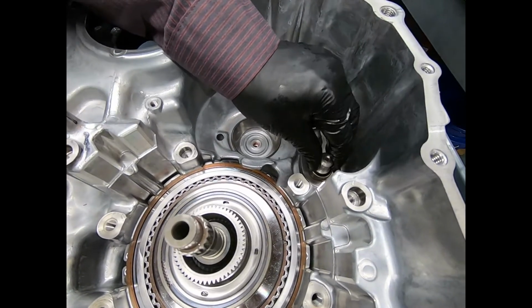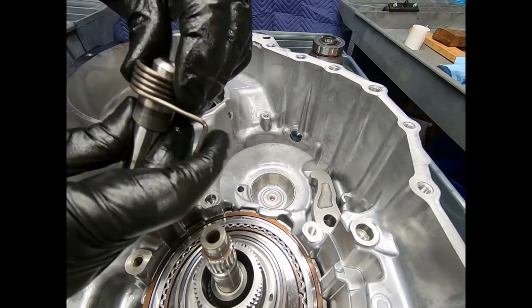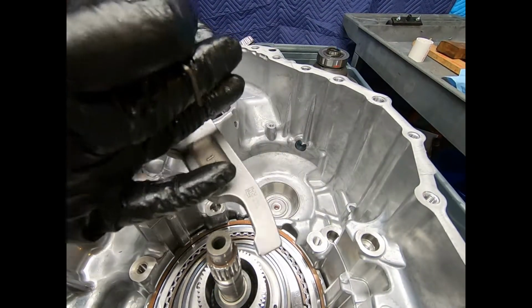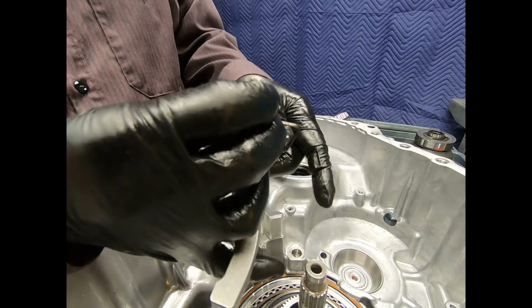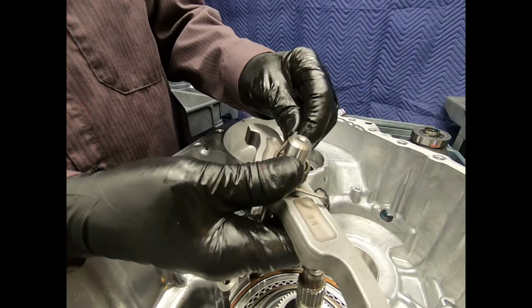Okay, here we're going to go ahead and remove the parking pawl assembly. Note the orientation of the spring. Over the years, especially with Ford, I seem to have problems with the design of a parking pawl and a parking system. So